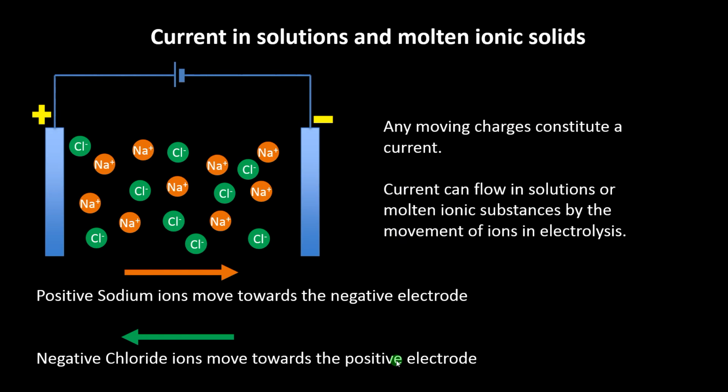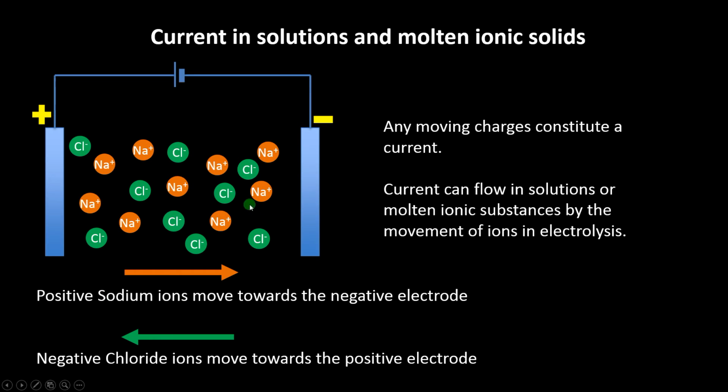Right, so another situation in which you can have electric current, it's useful to have another one to think about, and you should know this from chemistry because you cover electrolysis, is that if you have a solution which has ions in it, or a molten solid, so you've melted the ionic solid so that the ions can move about, and you put it into an electrolysis apparatus like this, then the positive ions, in this case I've just done sodium chloride, the positive sodium ions, which are orange, are going to be attracted to the